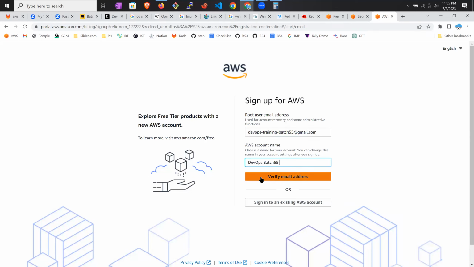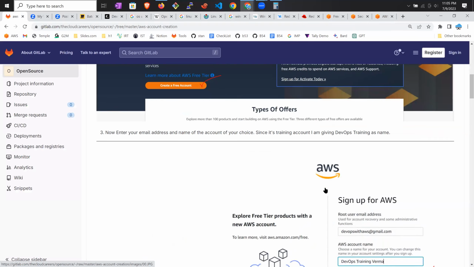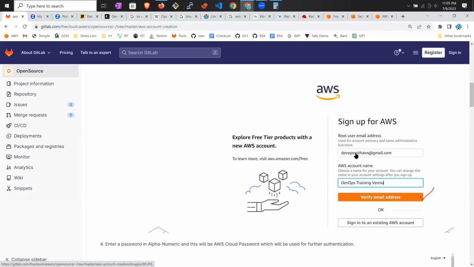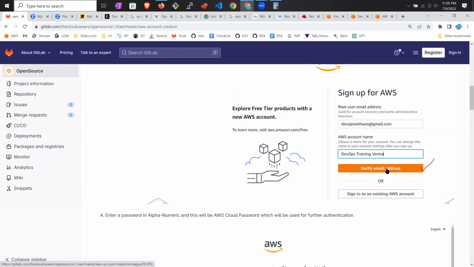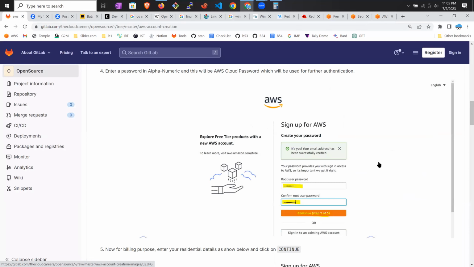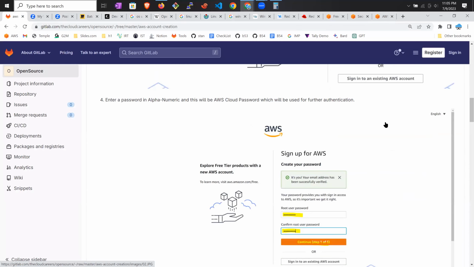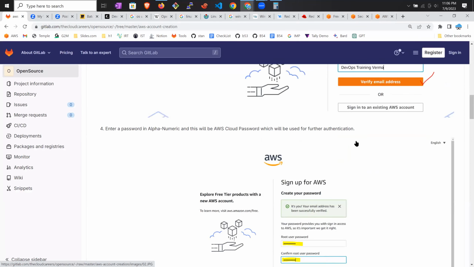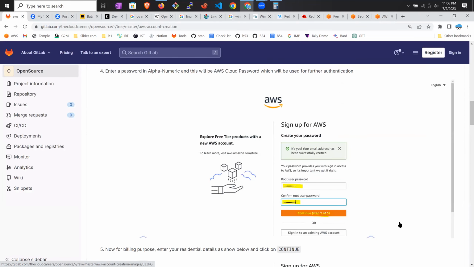Now you need to verify the email address. The moment you click this, you will get a one-time password to the Gmail address that you have given. Let me show you how it works. The moment you give your username, which is nothing but the Gmail address, and give a name, and say verify email address, you'll get a one-time password to your Gmail. You need to enter it here, and once you enter it, it asks you